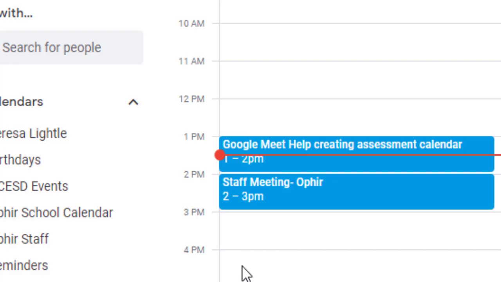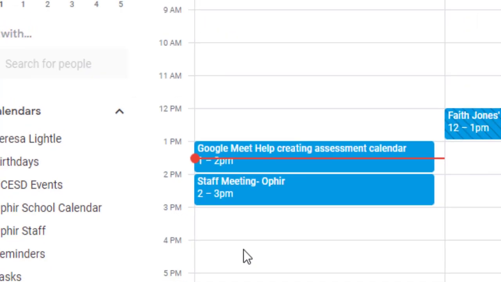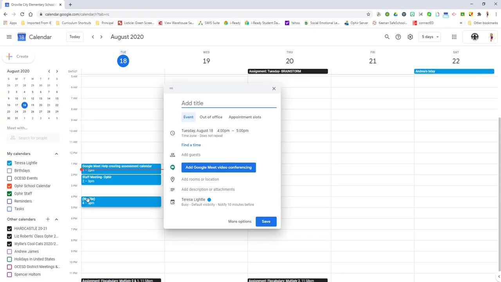For this example, I'm going to use half-hour increments. I might work with my students for 20 minutes and then I need 10 minutes to get set up for the next student and to finish my classwork. So I'm going to start at 4 o'clock and go to 4:30 for my first one. So I take my cursor and I go into the 4 o'clock time frame. I can adjust the amount of time by using my arrow and just sliding it up to 4 to 4:30,